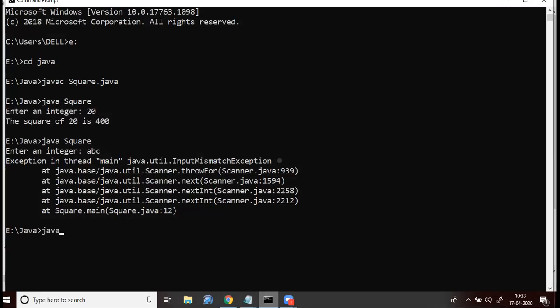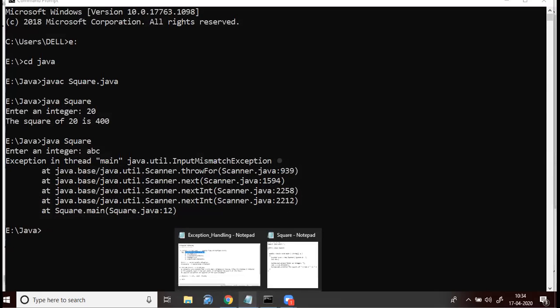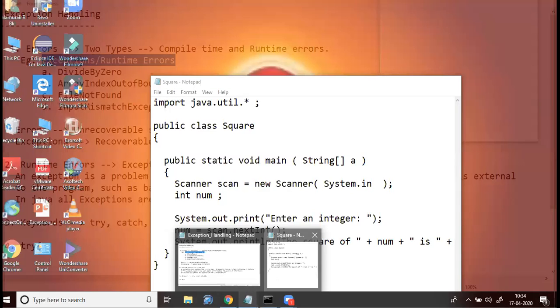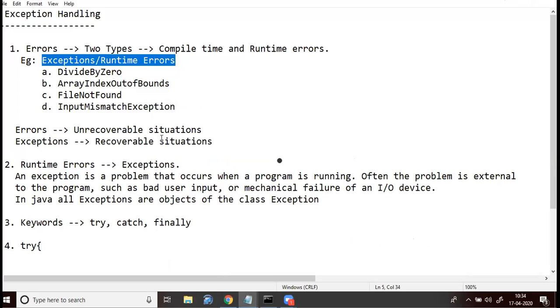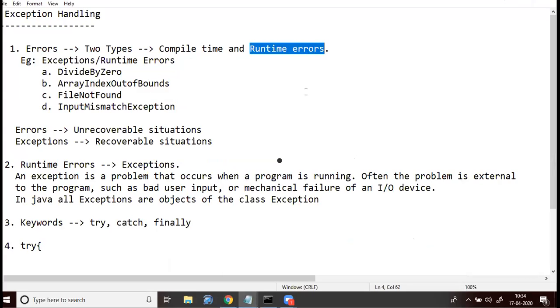But when you execute java xyz, it is not executing in the way in which you are expecting. Some issues are getting created. Such issues or situations are called exceptions. The errors that are created at runtime are called exceptions.